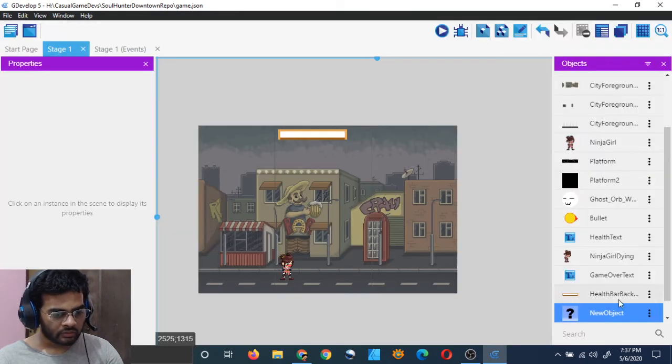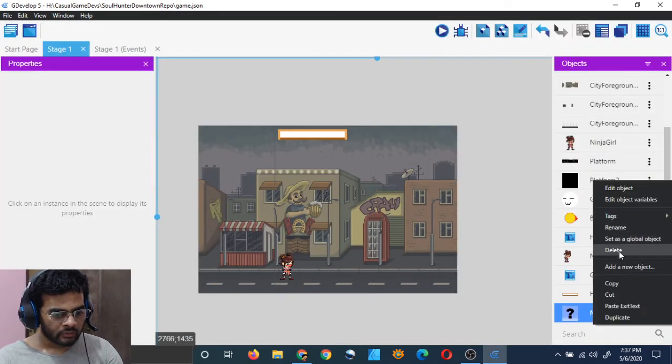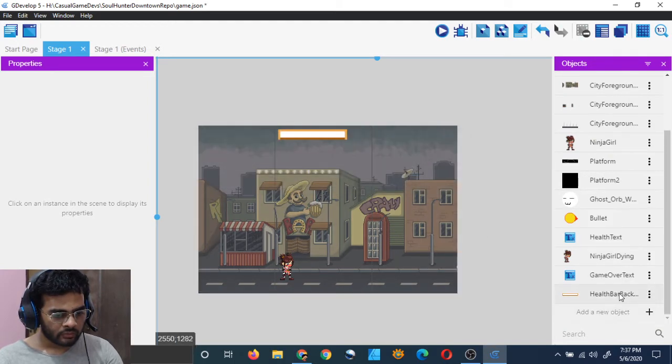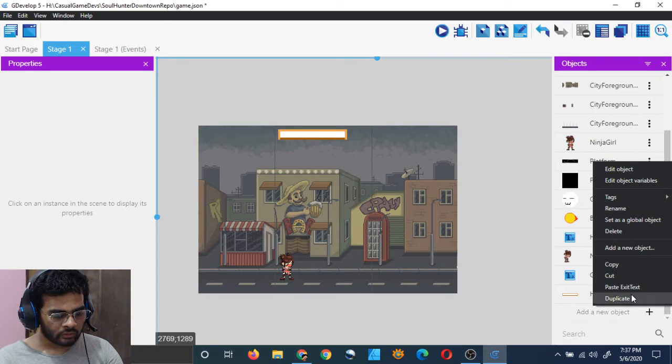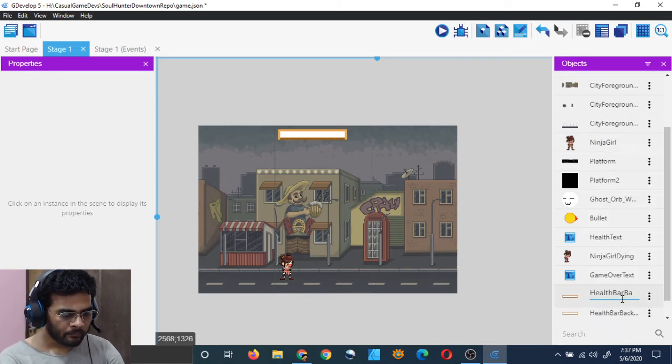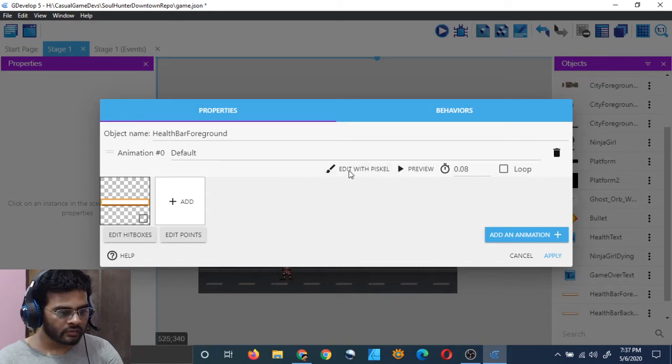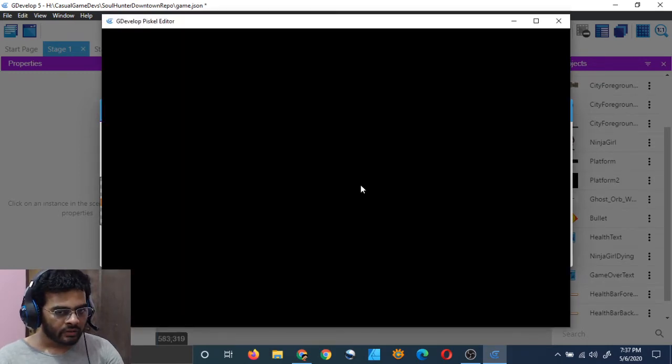Just cancel it, delete this. I will just duplicate the health bar background. So I click on the three dots and duplicate, and just type health bar foreground. There it is. Edit with pixel.